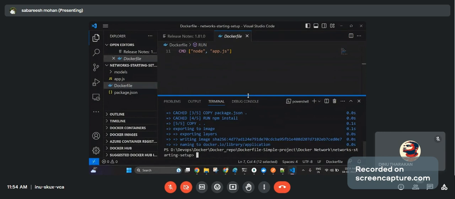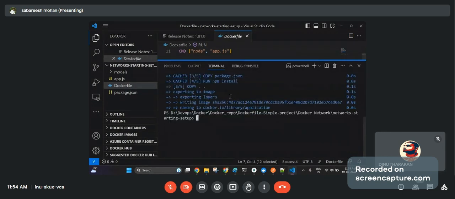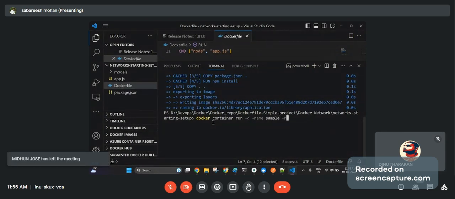Next we are going to run this as a container. Docker container run, minus d to run in detached mode, minus minus name sample, and minus minus rm, so whenever I stop the container, the container is removed.